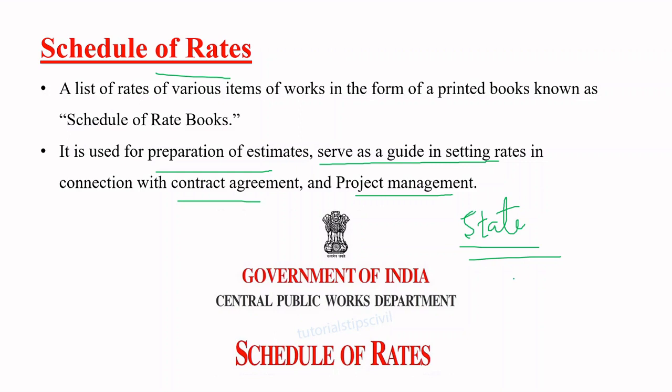Once you google that and download the PDF, see how every rate is given. If you take a unit of pipe or wood, or you are going to prepare cement, what the cement grade is, they have specified such values, so that there will be some standardization in the values. That is why they have provided the schedule of rates book. Okay, see that, you will get an idea about the schedule of rates.